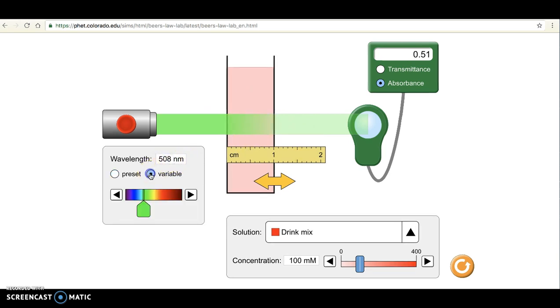And we can prove that, right, by moving this little slider to a different wavelength. If we move it to a red wavelength, we can see that our absorption is very low, 0.02, which means most of our light is getting through. Even yellow and orange light is still passing mostly through,